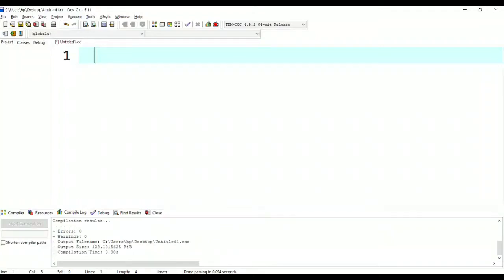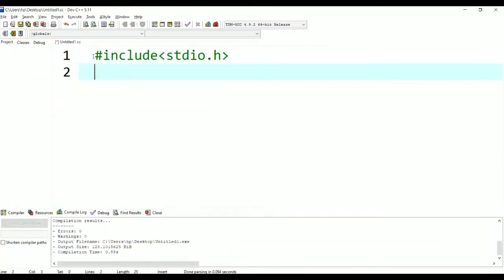So what is the first line of the C program? Header file, right? So what is the header file? #include <stdio.h>. What are we giving this for? For standard input and output, right? So what is the second step? The main function. I am going to get integer output from this program, so I am giving int main.